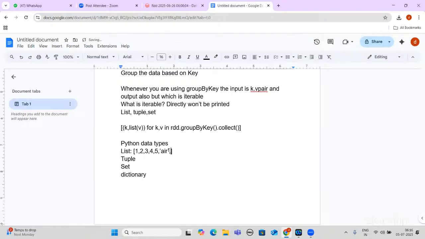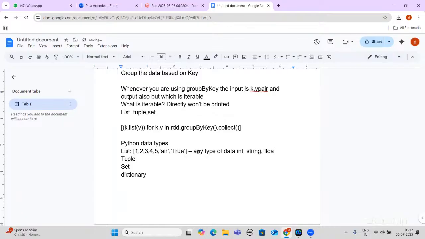I think we have discussed this already. True is the Boolean. List can take any type of data, which may be int, string,